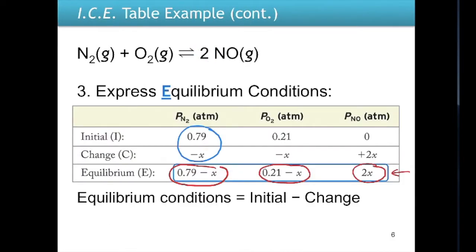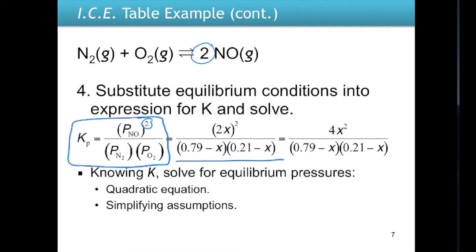And notice that all of these columns are in units of atmospheres. They'll either be a pressure unit or a concentration unit. So when you solve for x, x is going to represent a partial pressure in this case. If we were talking about concentrations, x would represent a concentration. So if x is a concentration or a partial pressure, we know that that has to be a positive number. So when we solve with the quadratic formula, we will take the positive number that we get out of that